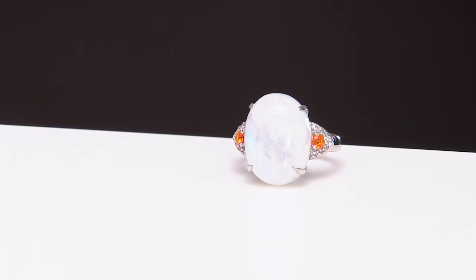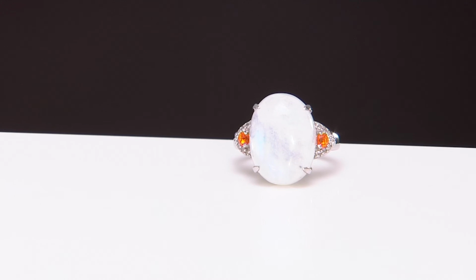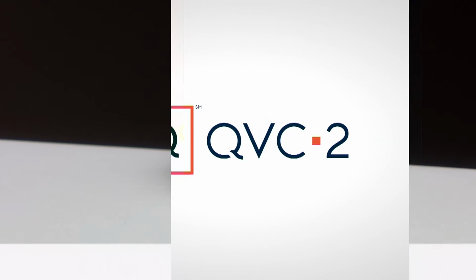This is item J371546, your oval rainbow moonstone and fire opal ring. You're bringing it home at a clearance price of $49.48, or you can bring it home on Easy Pay for under